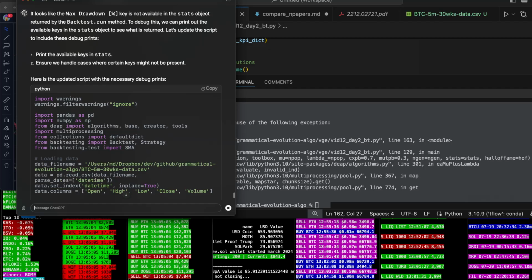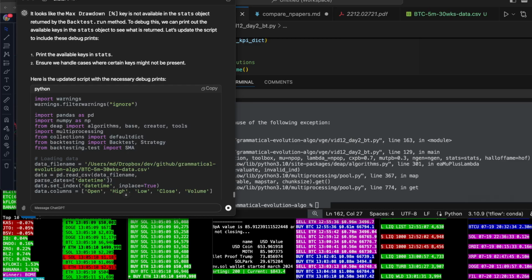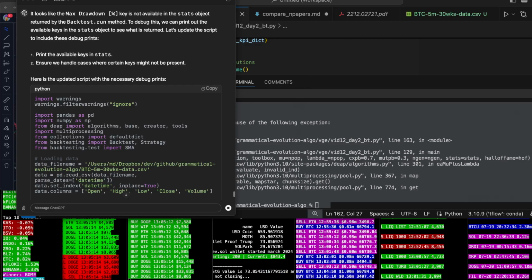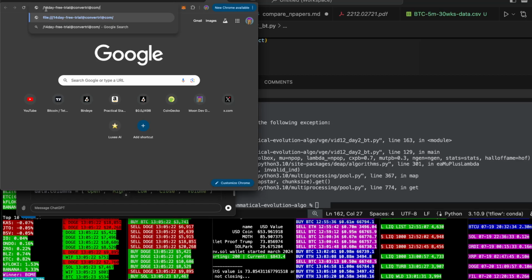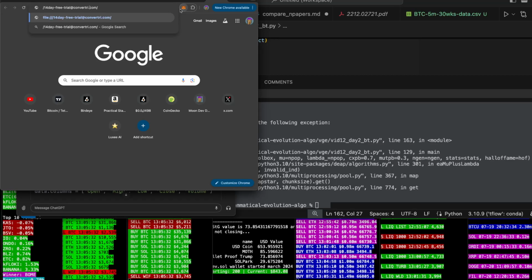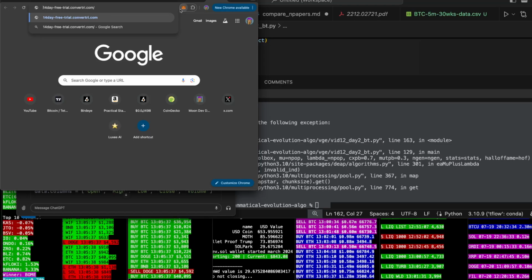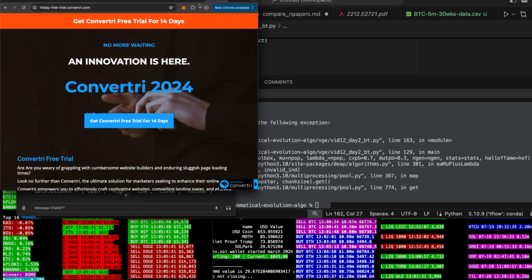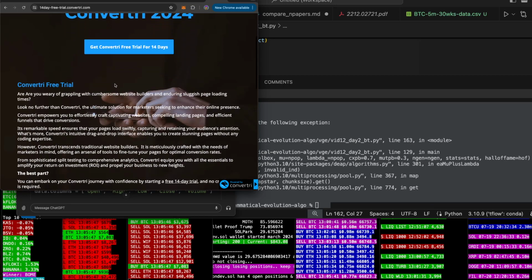Okay, free trial is... I can't decipher this. But let's see if I can figure it out. Remove the at. 14-day. At converti. Oh, okay. Wait, I don't know how to replace the ats with dots. Okay, like that. Converti trial for 14 days. Website builders and